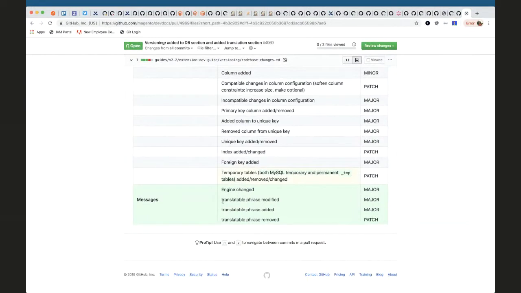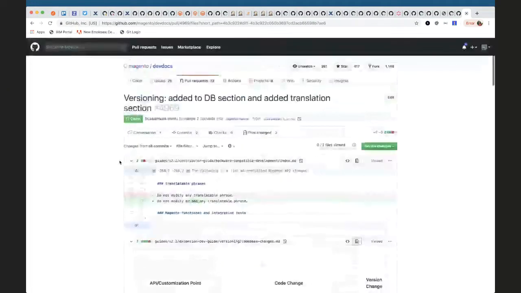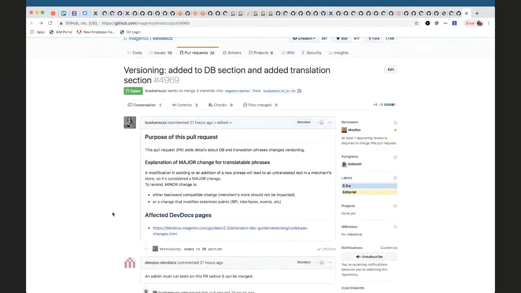Correct. So it should go like this. Engine change goes to database. Yep. So messages, translatable phrase modified or added, it's a major change, and phrase removed, it's a patch change. Some explanation to this is